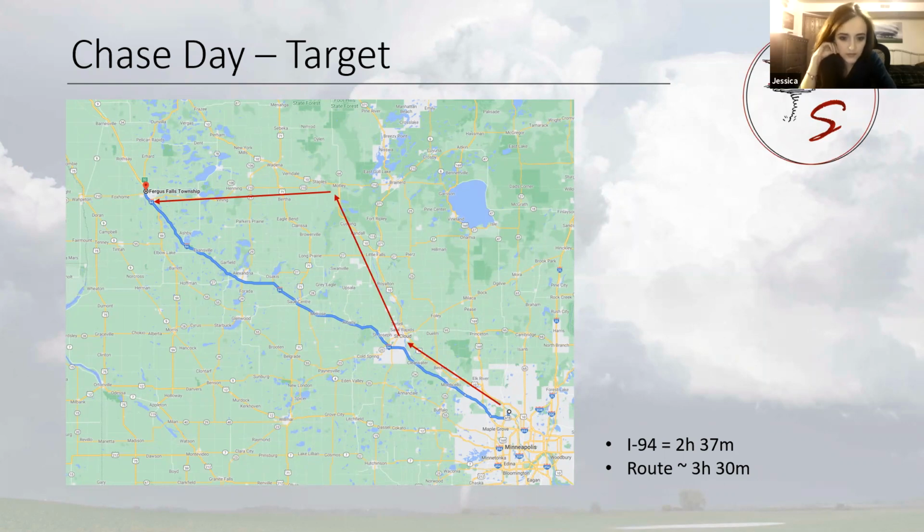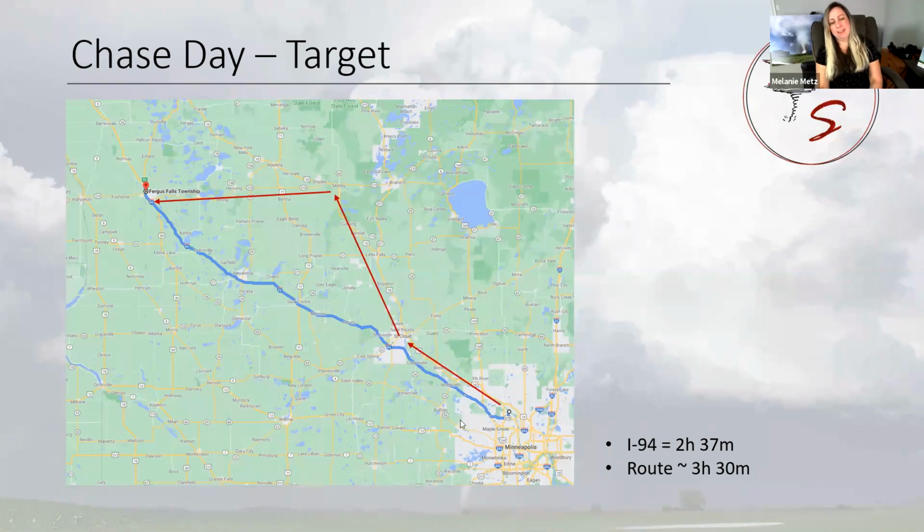And when we're chasing, we're always looking at data. We're looking at updated model runs, updated surface obs and the satellite to adjust our target, because we don't always end up where we initially thought storms would develop that day. So we talked about things and we even considered having a sit down lunch, and I'm glad we didn't, because we barely made it to our target before that storm initiated.